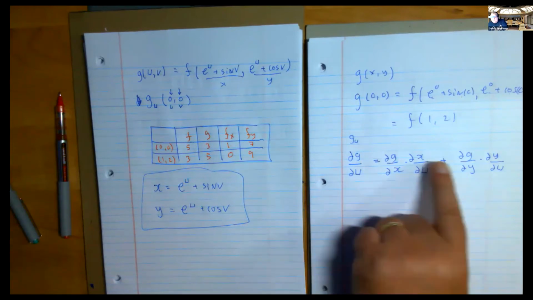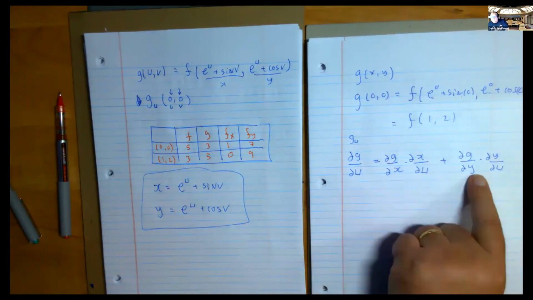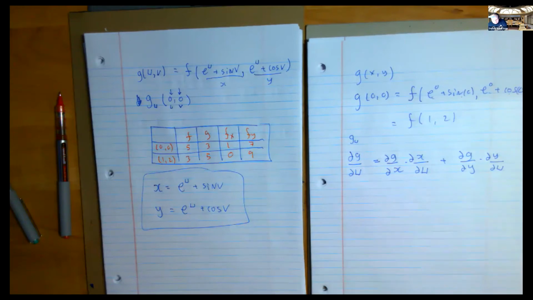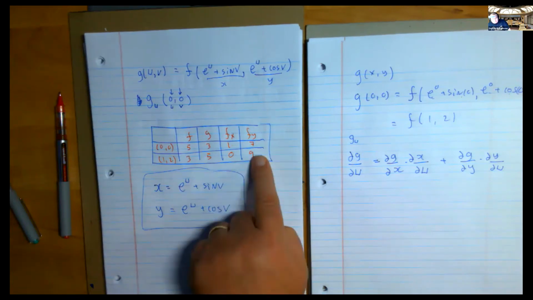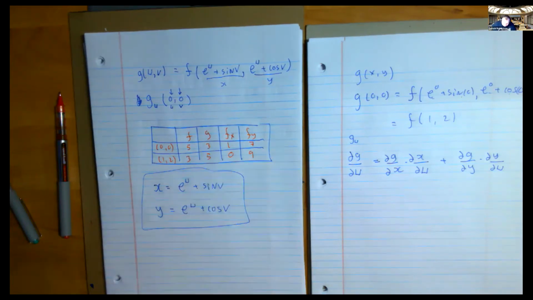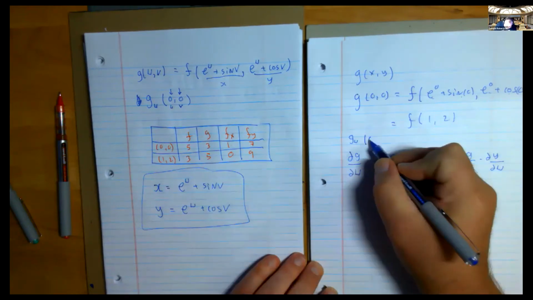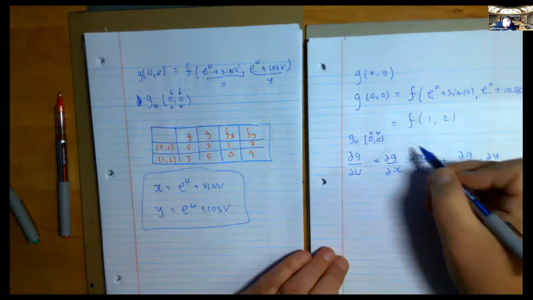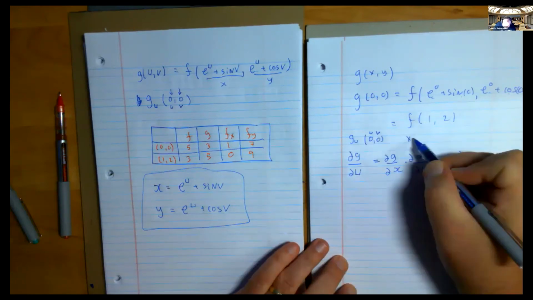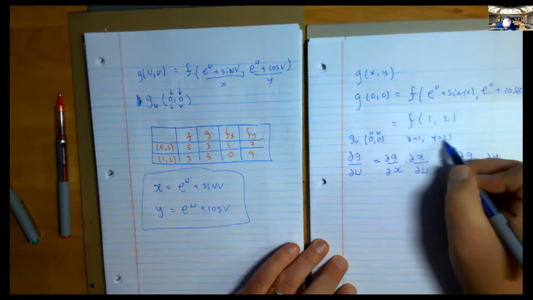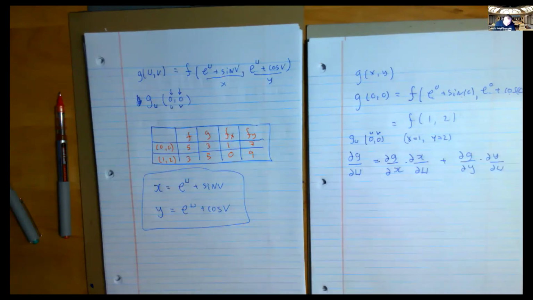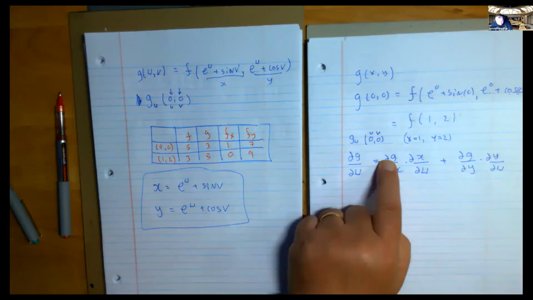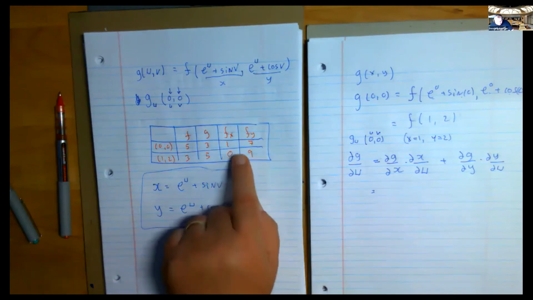Normally these would be expressions in x's and u's and v's, but they aren't going to be that. They are going to be numbers coming from here. And what's the only thing I know? Well, we're being asked to evaluate it at that point, which is the same thing as x equals 1 and y equals 2. So there are two different things going on here. The partial derivative of g with respect to x, the partial derivative